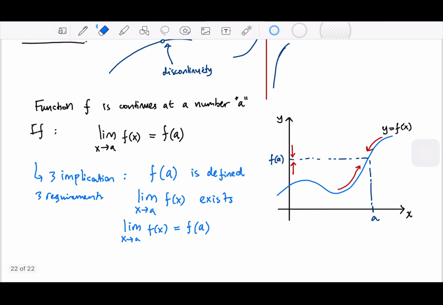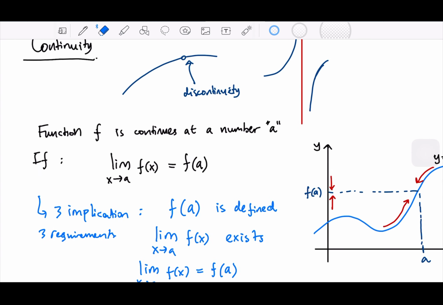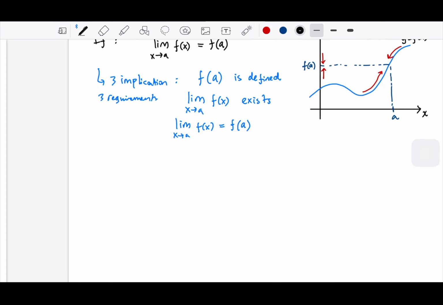Okay, but this definition we can break down one more time, because we can say that it's continuous everywhere, right? From the left, from the right, we can approach, and then it's still continuous. So we can actually separate, like a one-sided limit. We can say maybe continuous from the left, or maybe discontinuous from the right. So we can also break down these definitions into